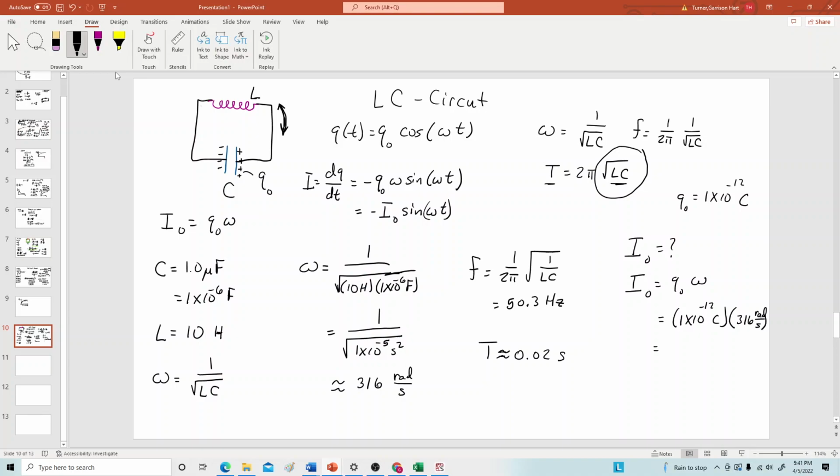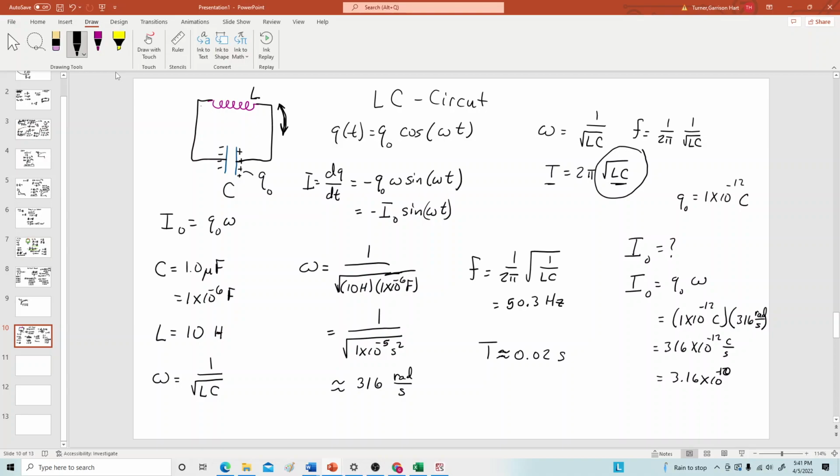And so this is going to be 316 times 10 to the negative 12 coulombs per second, or 3.16 times 10 to the negative